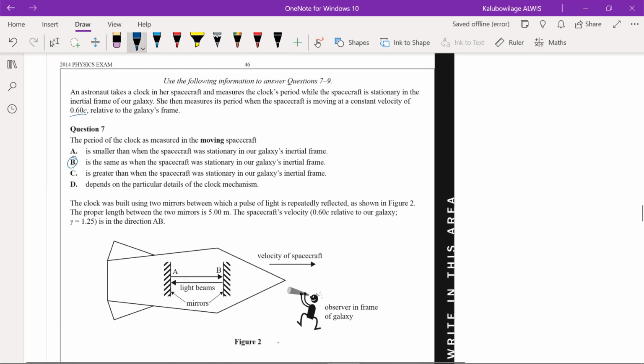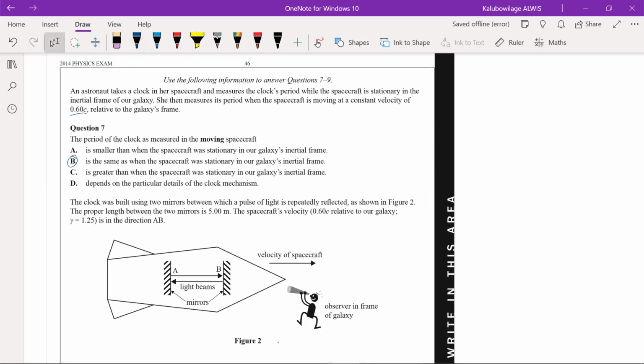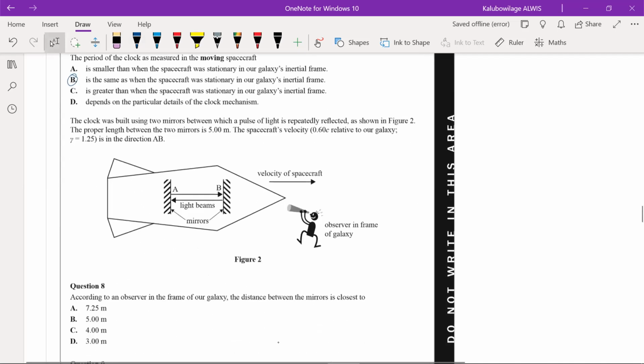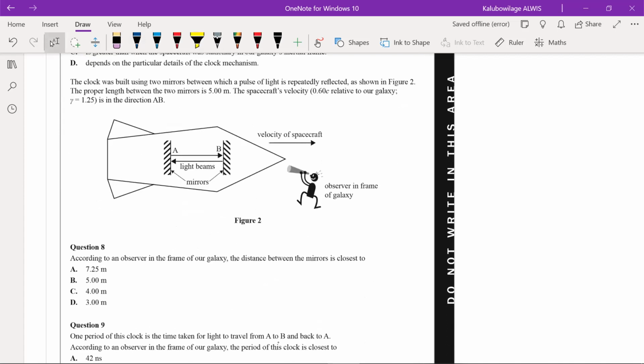They're in the spacecraft, looking at a clock in the spacecraft. Clock was built using 2 mirrors, 5 meters, 0.25. According to the observer frame of our galaxy, the distance between the mirrors is closest to